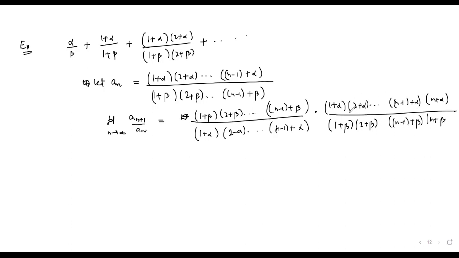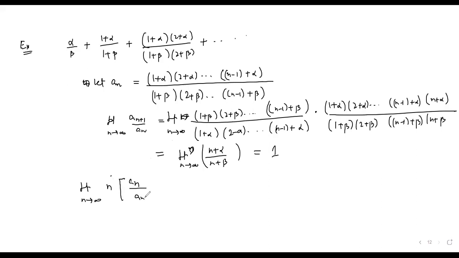So of course ये सारा cancel होगा. This is just equal to n अगर मैं इसका limit लूँ as n approaches infinity. So this would be limit n approaches infinity n plus alpha divided by n plus beta. So easily can be checked this is equal to what. So ratio test, D'Alembert ratio test doesn't work. लेकिन अगर मैं लूँ इसका limit n approaches infinity n times in a Raab's test, an divided by an plus 1 minus 1, this would be limit n approaches infinity n times. इसका उल्टा करेंगे यानी n plus b